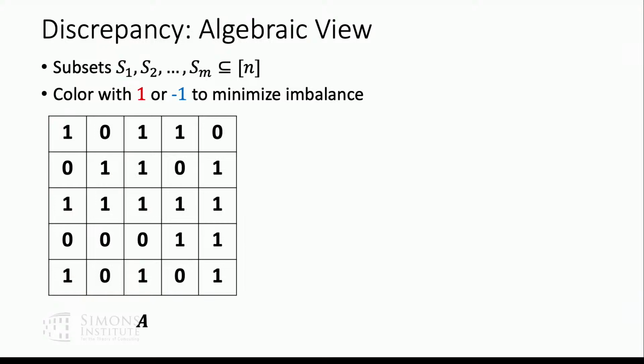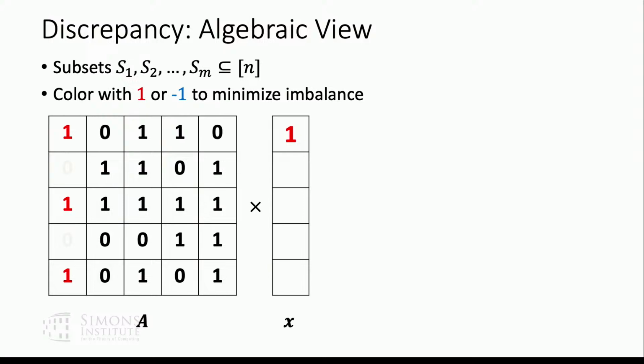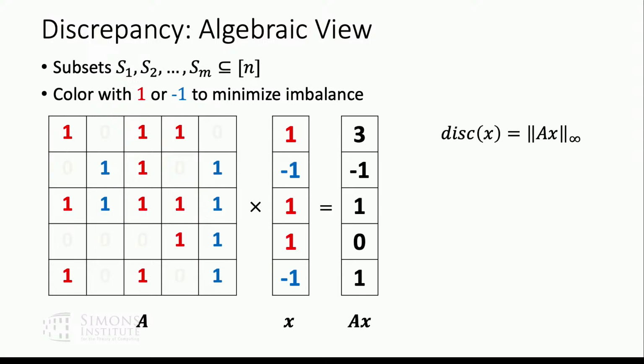So for the ith set in my system, S_i, on the ith row of the matrix, I'm going to put a 1 on column j if element j belongs to the set and a 0 otherwise. Then I can see what happens when I hit this matrix with a vector that encodes my coloring, right? I just compute A times x, and I'm going to get some